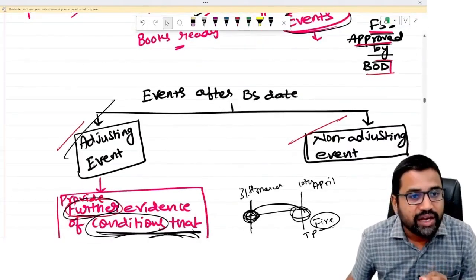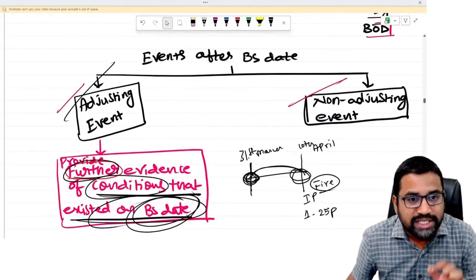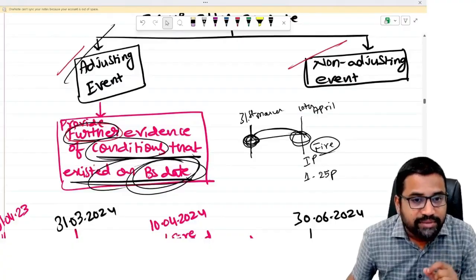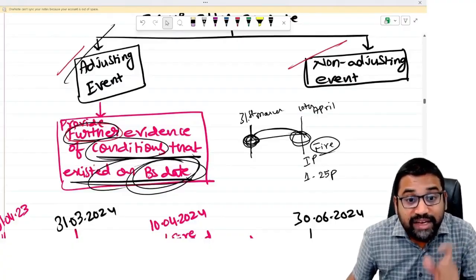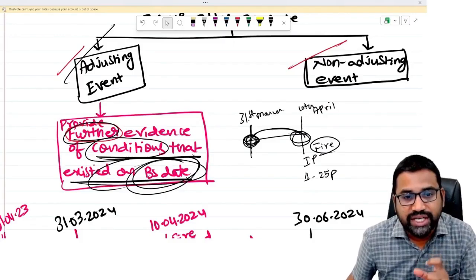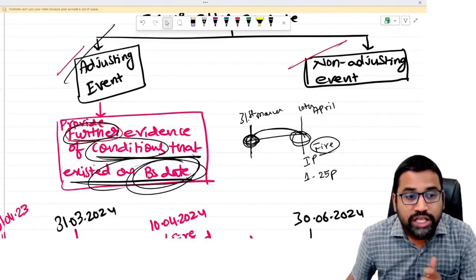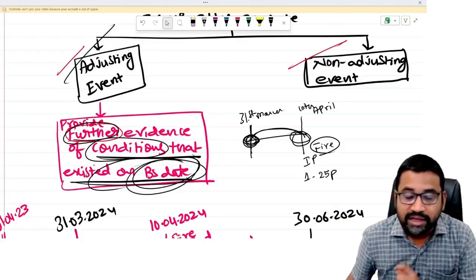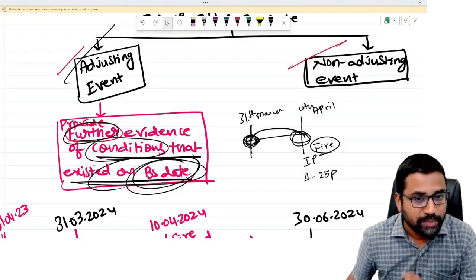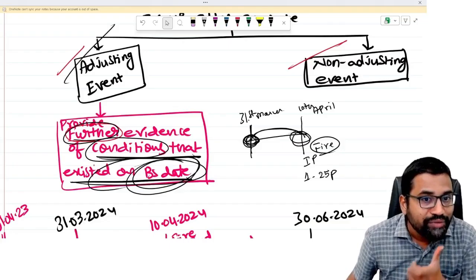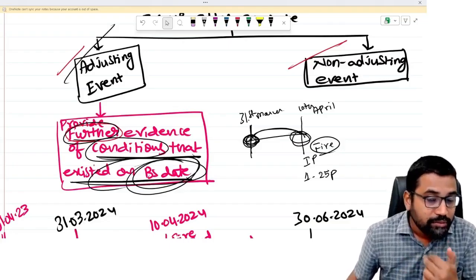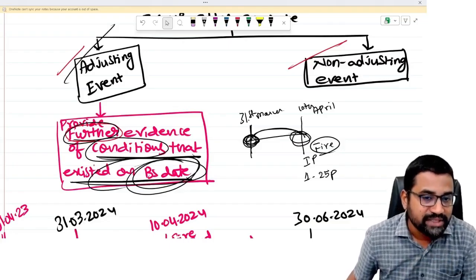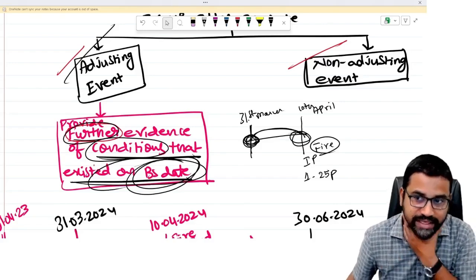Now the events occurring after the balance sheet date are basically two types: adjusting, non-adjusting. Adjusting event means the event which provides further evidence of conditions that existed on the balance sheet date. Non-adjusting event is which is indicative of conditions that existed after the balance sheet date. That means it is in no way connected with 31st March. So therefore a completely new event may happen, or it is not providing any further evidence relating to the conditions existed on the balance sheet date,